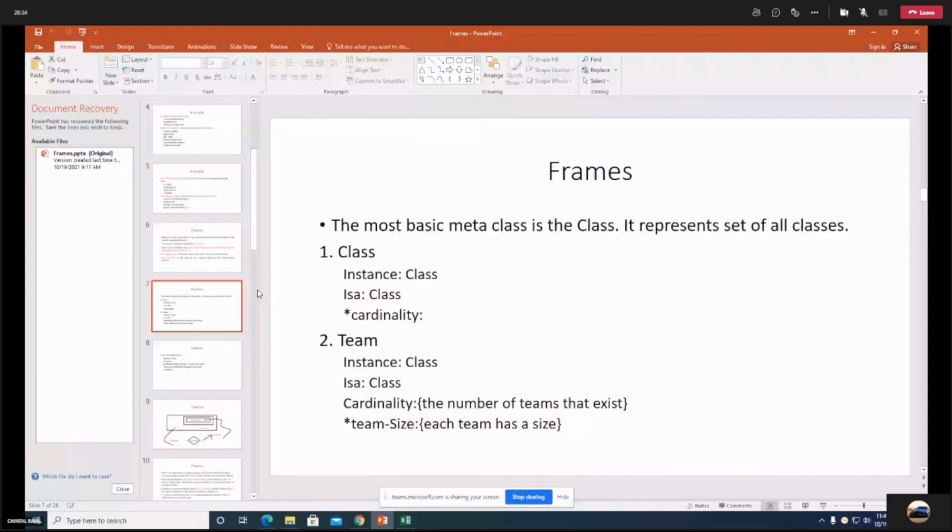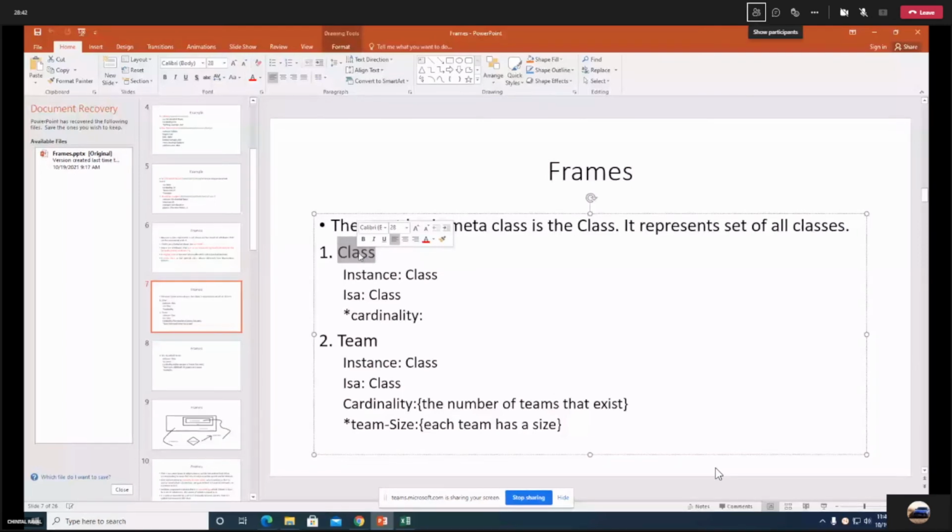So in frames, there is one basic or meta class frame, which is named class, whose attributes are instance, is a, and cardinality. That means each and every class inherits this attribute, cardinality. ML baseball team also has cardinality, and adult male also has cardinality. For any example that I have mentioned over here, you would be able to see the cardinality.